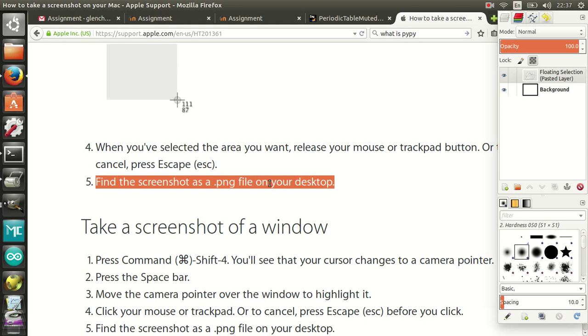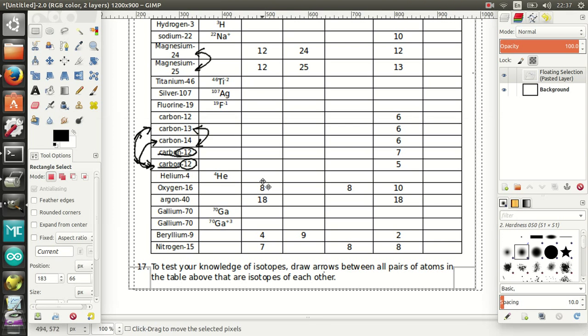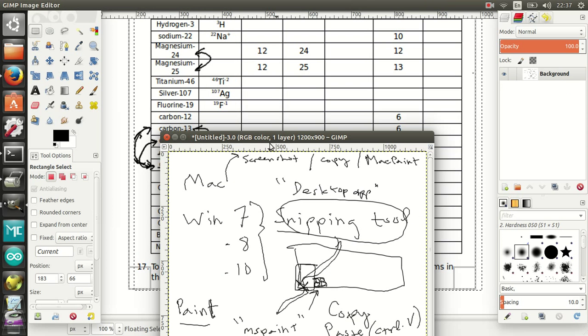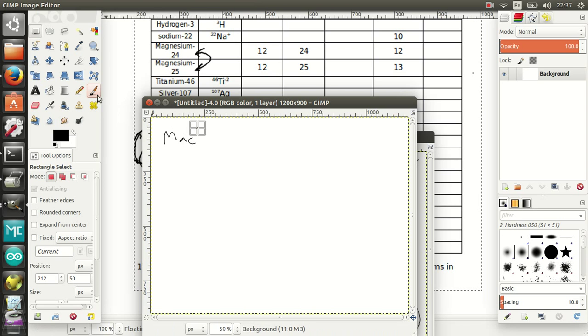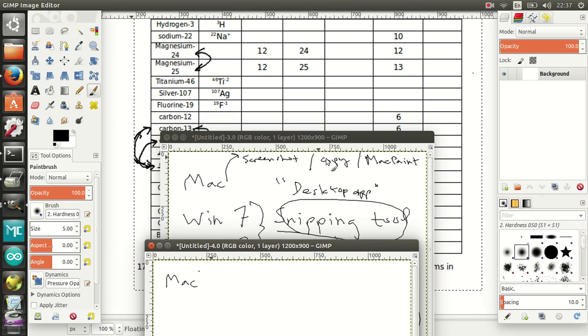So you have to open the Mac Paint program. Where is that? Where is that Mac Paint program? Is it this one? Yes. No. It's this one. No. It's this one. Yeah. So you need to open the Mac Paint program. Whoops. Oh, it's not working. Well, anyways, you need to open the Mac Paint program,